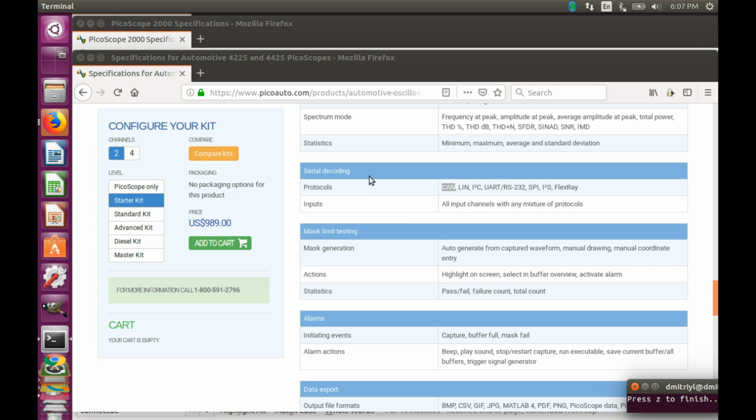Note that the serial decoding as implemented in Picoscopes is a totally software feature, meaning that the Picoscope software receives the buffer from the oscilloscope, examines it, and does the serial decoding on it. That can be different for the high-end oscilloscopes that cost $10,000, and what they can do is that they can do the serial decoding right inside the oscilloscope,